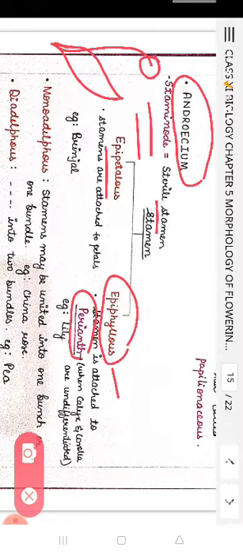Here the perianth is the new word. What is the meaning of perianth? Important question. What is perianth? Perianth is when there is no differentiation between the calyx and the corolla. For example, lily. In lily there is no differentiation between the calyx and the corolla. That is known as the perianth.